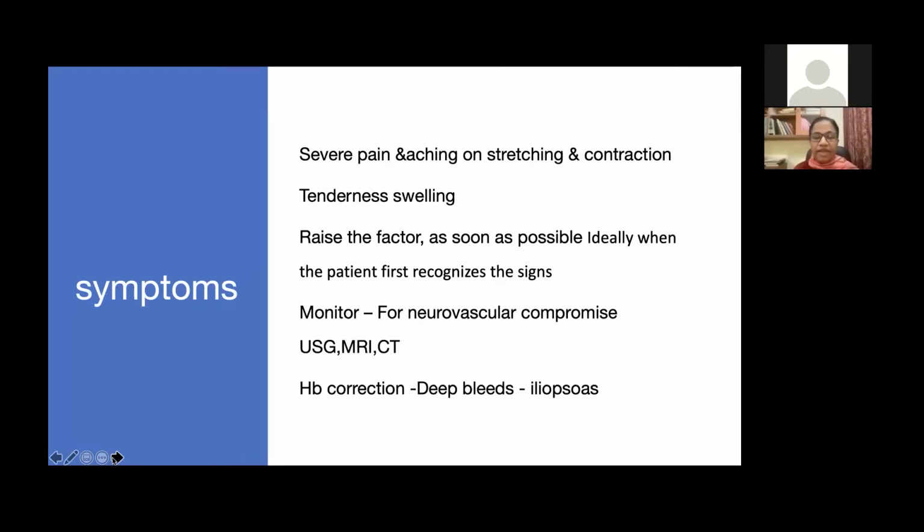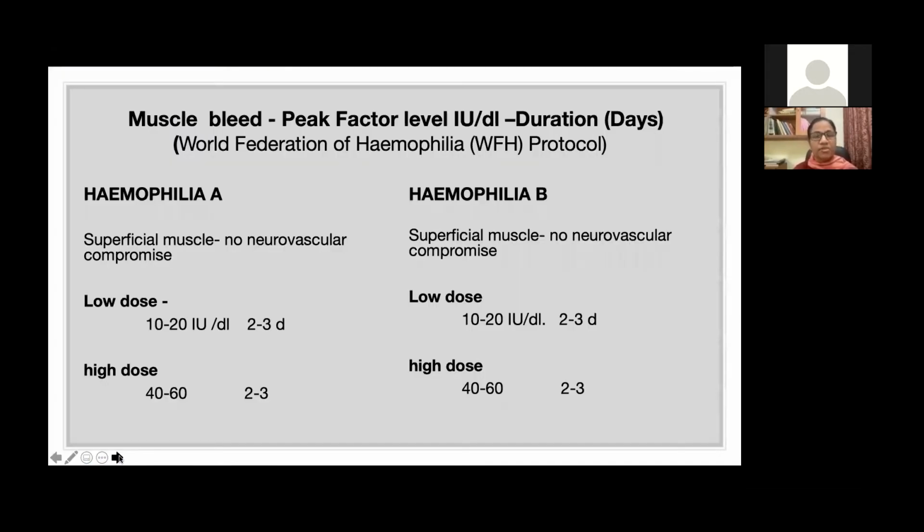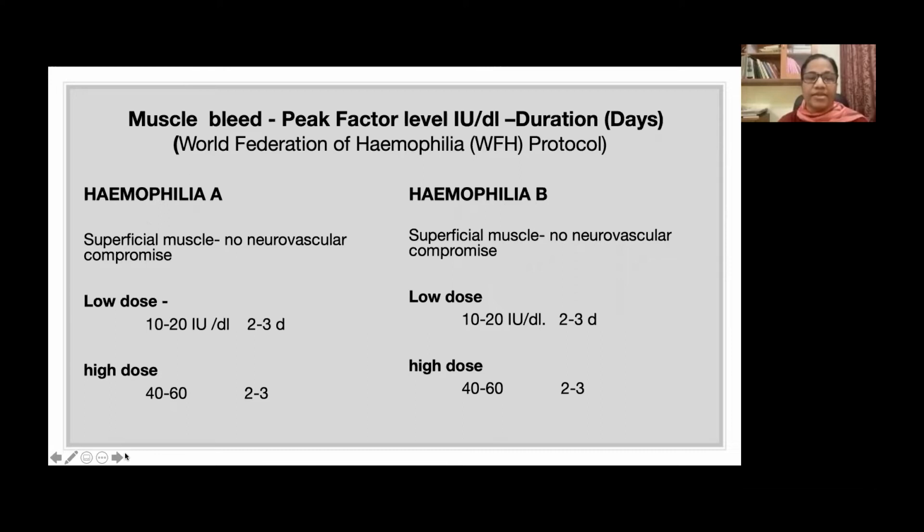In case of deep bleeds, at any time the child or the patient can go into shock. So correction of hemoglobin by transfusion is also important in bleeds like iliopsoas. So how will you manage the factor replacement? The WFH, the World Federation of Hemophilia, has given the guidelines for treating. Two types of recommended practice patterns are there, one is the low dose pattern and the other is the high dose pattern, as we have already